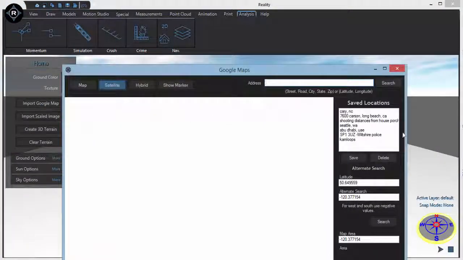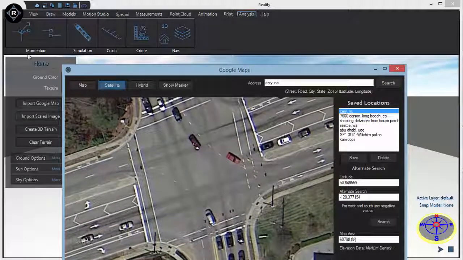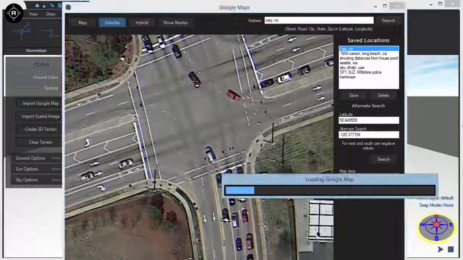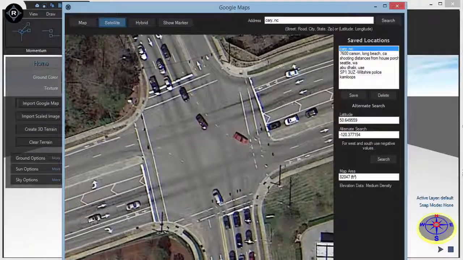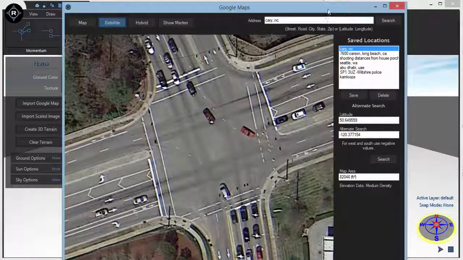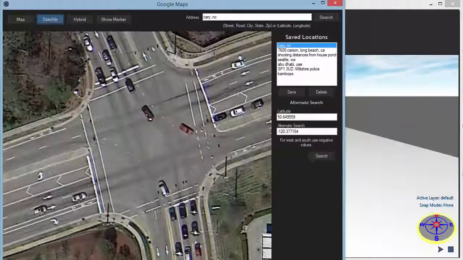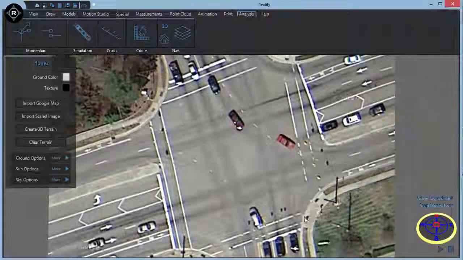We'll bring in a Google map as a good example. So we'll use this example here, just an intersection in North Carolina. It could be any intersection, doesn't matter. And what we're going to do is choose the part of the intersection that we think would be relevant if it was a real case. Click OK. Now it's in the software